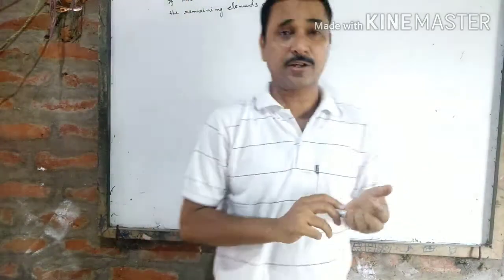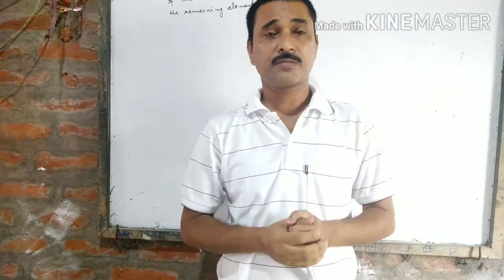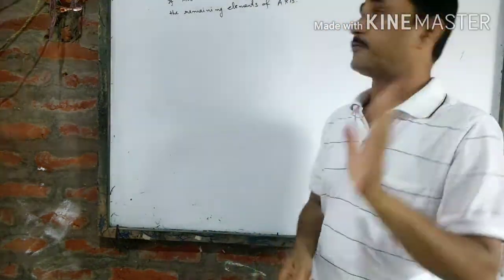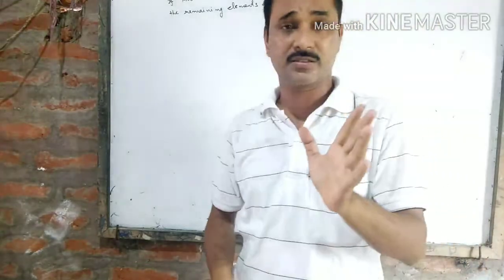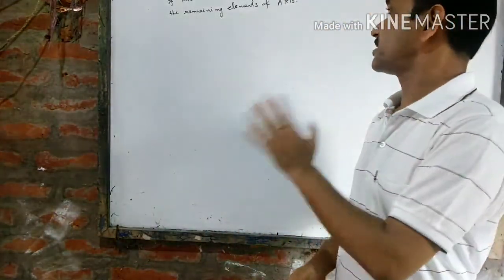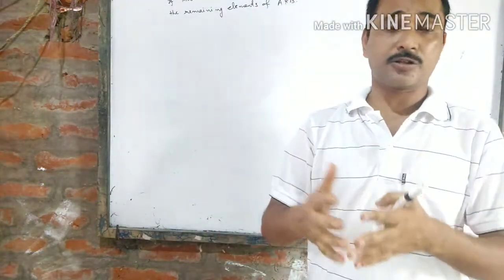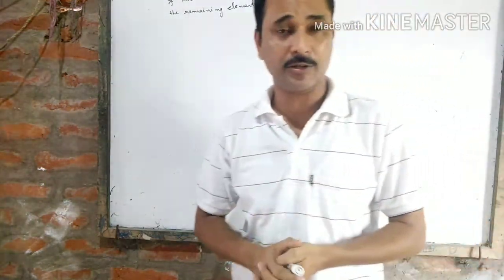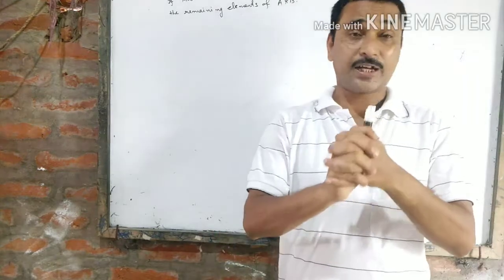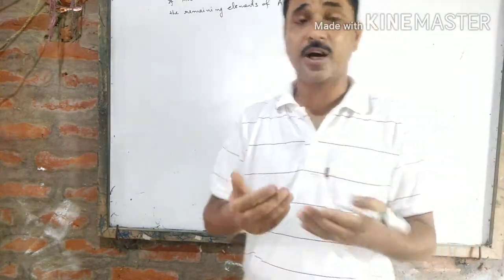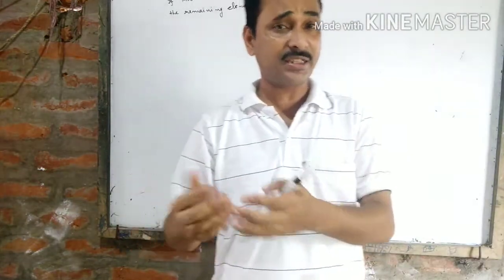Here it is said that A cross B has 6 elements. Out of those 6 elements, we are given 3 elements, 1, 3, 2, 5 and 3, 3. We have to find the remaining elements of A cross B. That is the remaining 3 elements of A cross B. So A cross B has how many elements? 6 elements. So can you guess how many elements are there in A and in B?